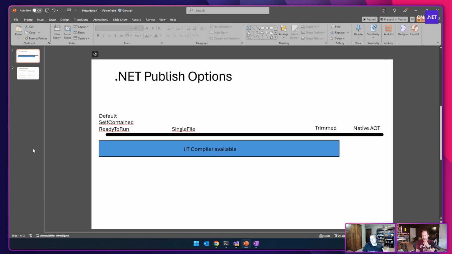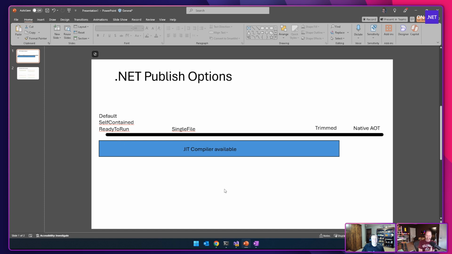I want to compliment you, by the way, on your slides, because if anyone on deep.net or who watches deep.net has any questions about whether we may have tried to sneak a marketing person or a PM onto the show, these slides are proving that you are the hardcore dev that we all know you to be. Oh yeah, I drew this line with a ruler. I was pretty proud of myself.